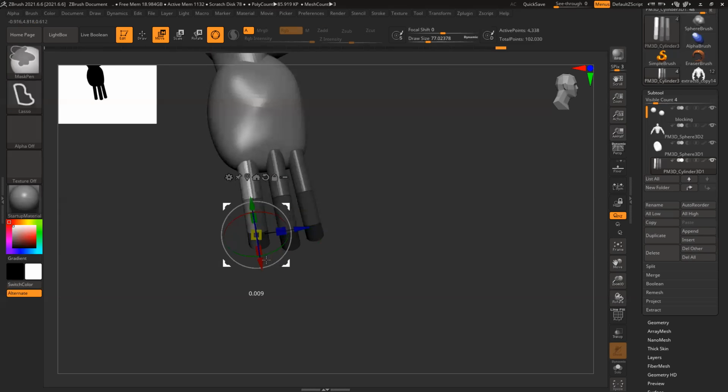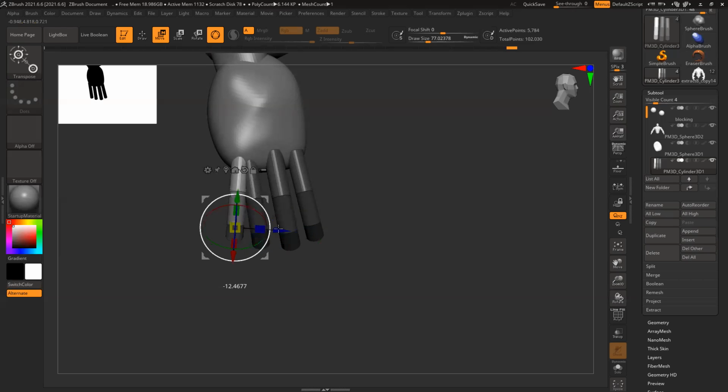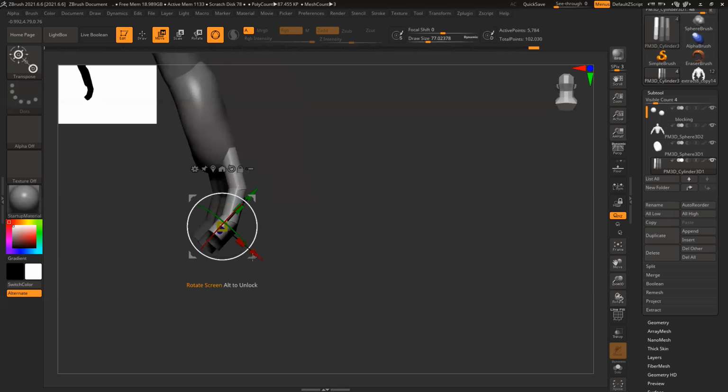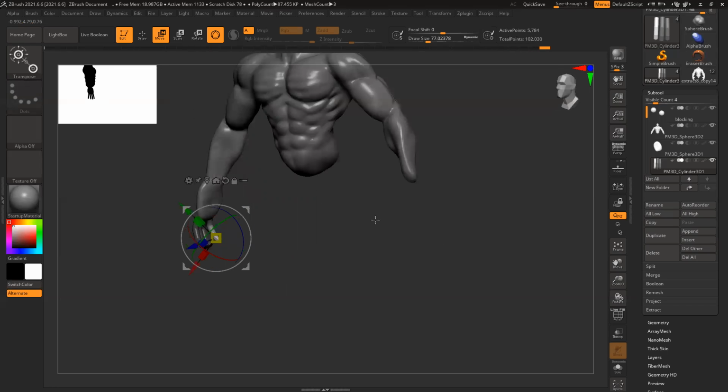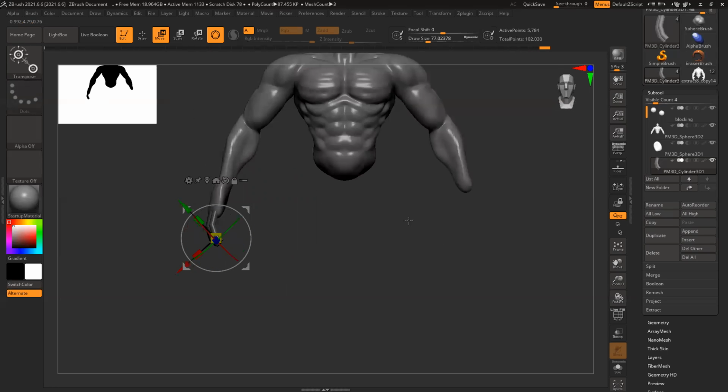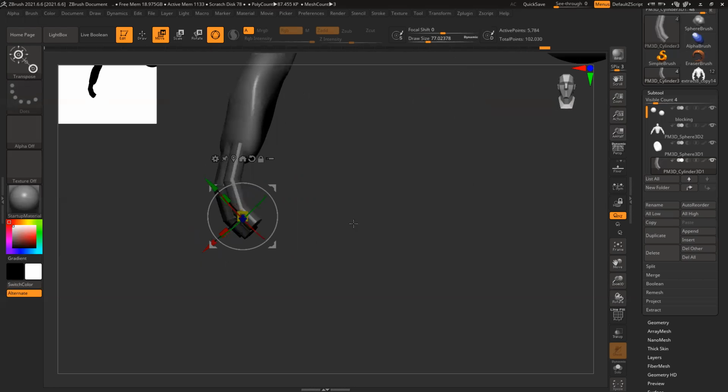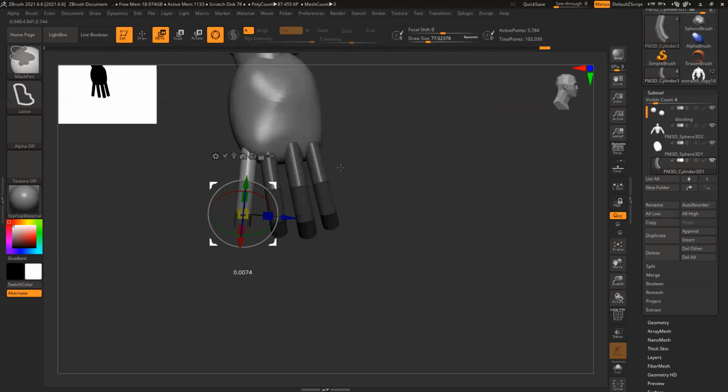Control Alt, drag it. So you can see it started looking like a hand. Yes, it's not accurate yet. I have to Dynamesh this thing and then place it. So Control Alt.